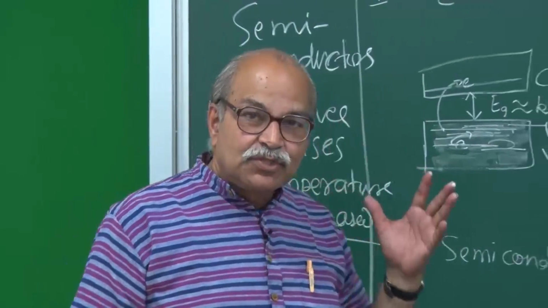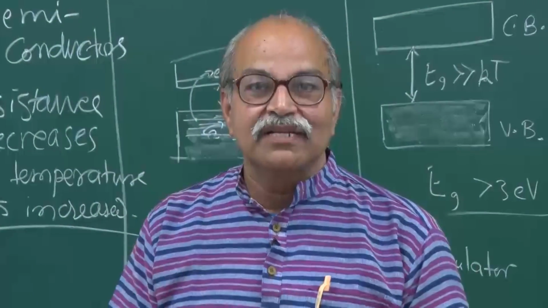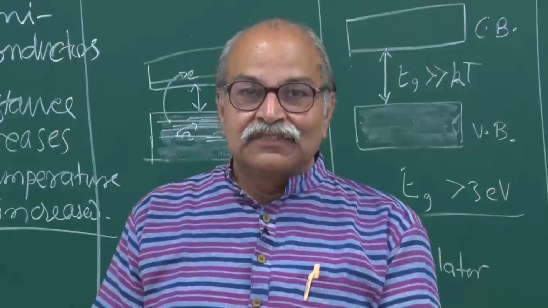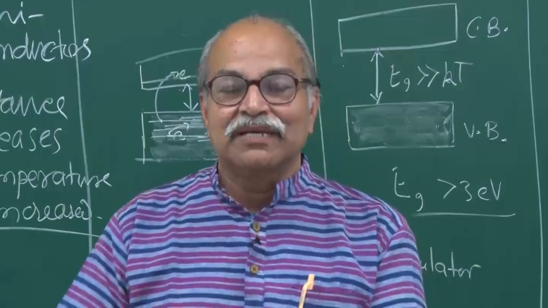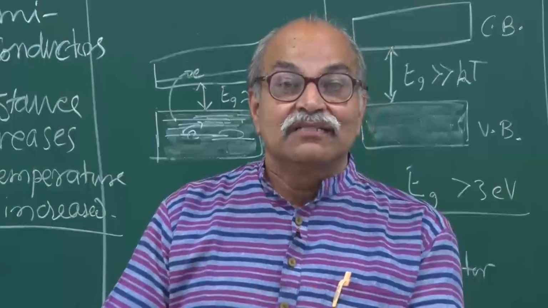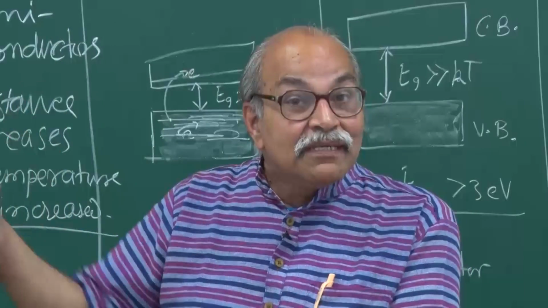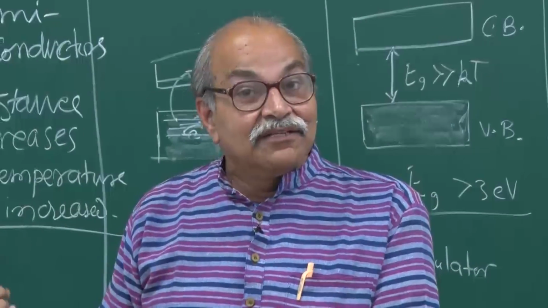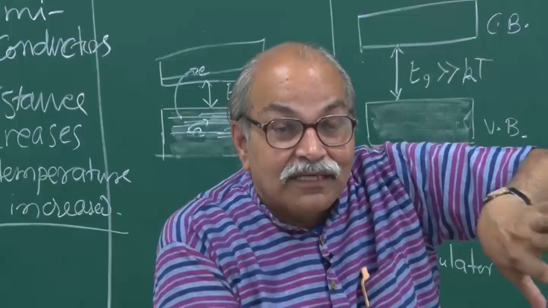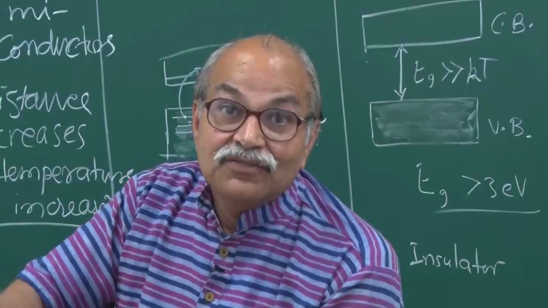This can be used to identify experimentally which material is a conductor and which is a semiconductor, or if in some process there is a transition from metal to semiconductor or metal to insulator, going towards insulator. If there is some kind of transition, it can be identified experimentally by looking at the temperature dependence of the resistivity, and you can identify when it was in the conducting zone and when it becomes semiconducting or insulating.